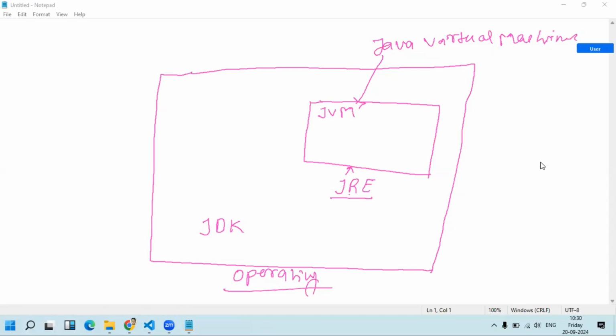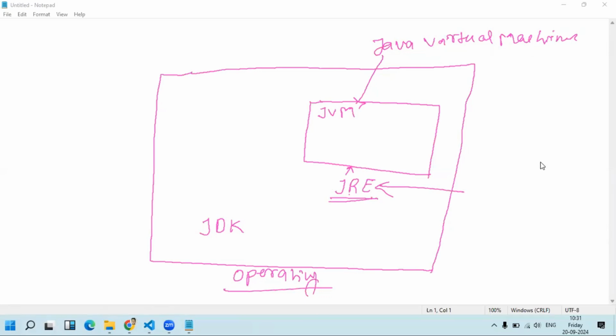So this JDK contains this JRE, and this JRE contains this JVM. JRE means Java Runtime Environment, and as the name suggests, it provides an environment. You cannot see the JRE and JVM.